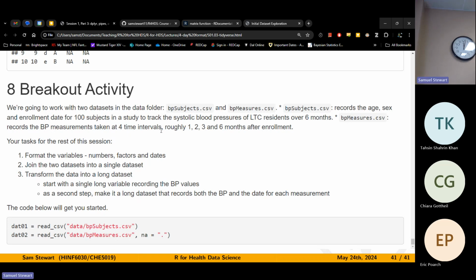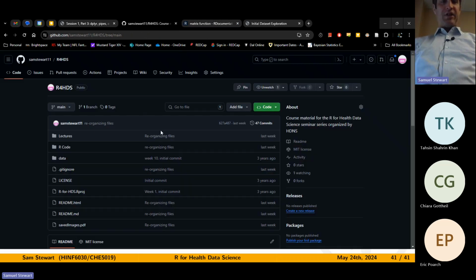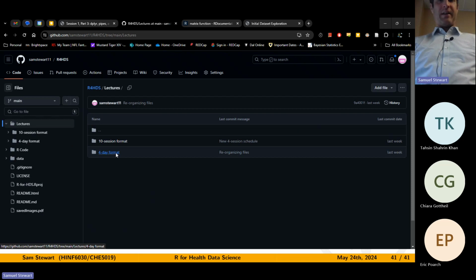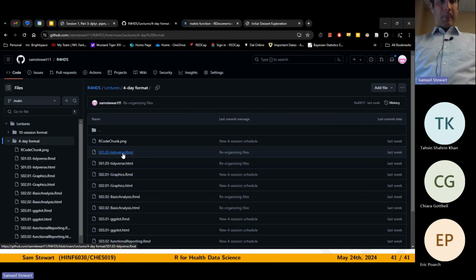If you want all the code from this third section, I didn't have a chance to make it, because we'll talk about how these files work next class. I should have made a .R file. There's a 1.03.Rmd file. If you open that up, that's called a markdown file. That's how we'll do our functional reporting that mixes analytics and reporting in a single file. For now, because I haven't explained it to you,